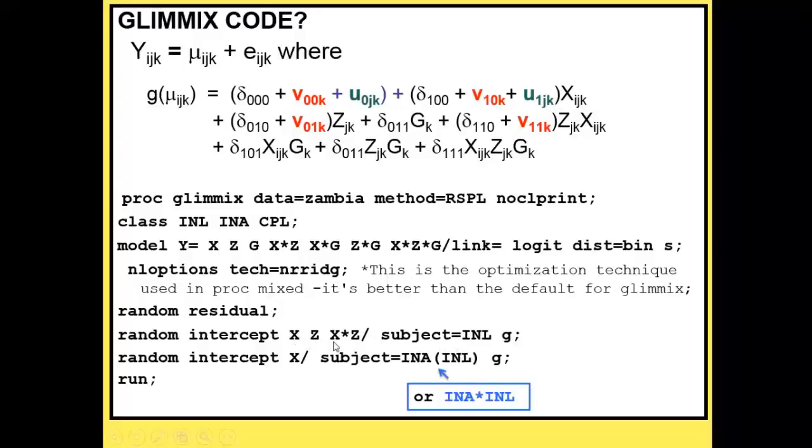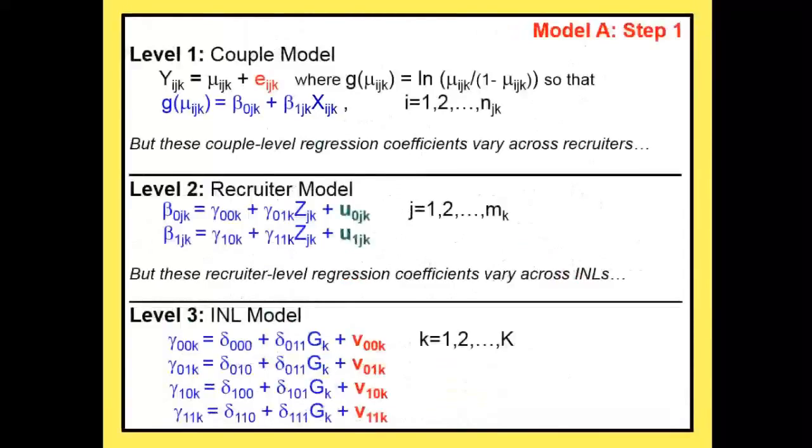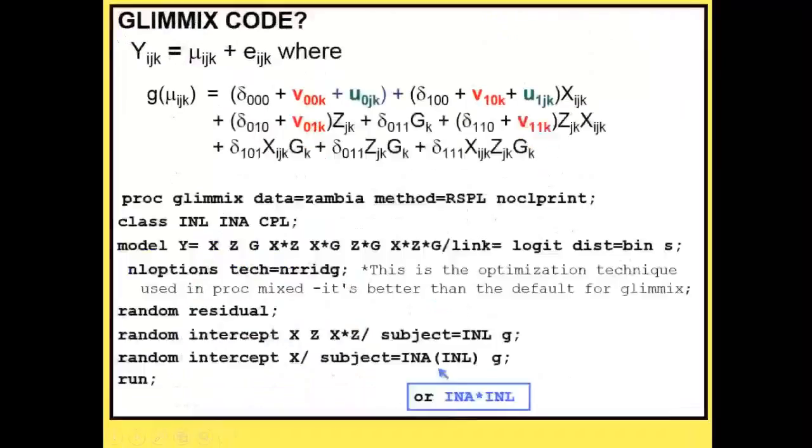Intercept xz, x times z. Now, if you look at this thing, there are some v's and there are some u's in there, right? The v's have to do with what? The INL. If we go back to the original way things were coded, the v's have to do with INL, and the u's have to do with the recruiter, right? So, just going back to this thing,